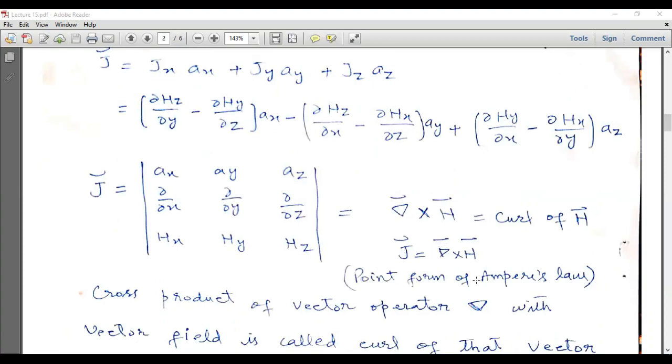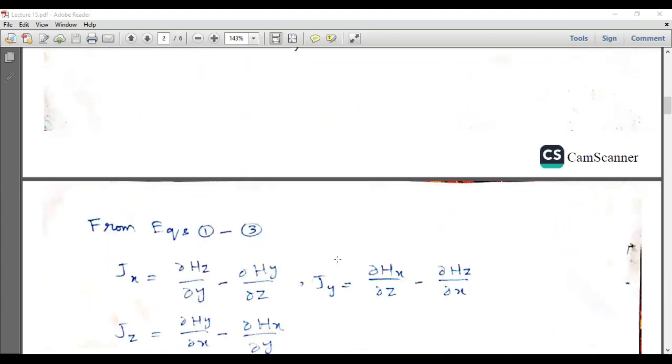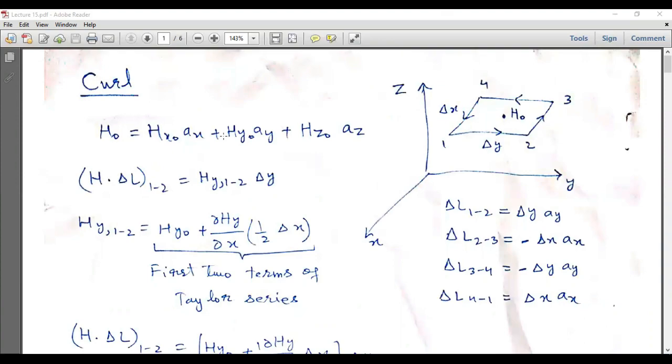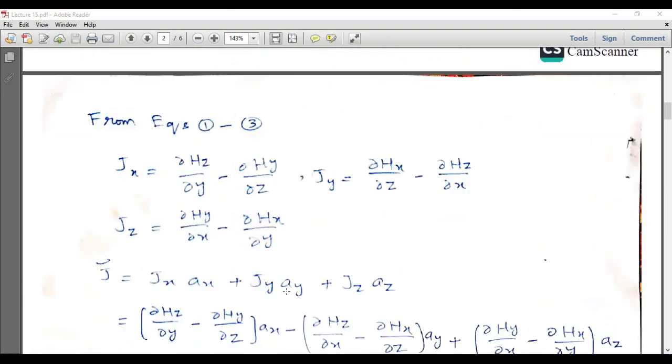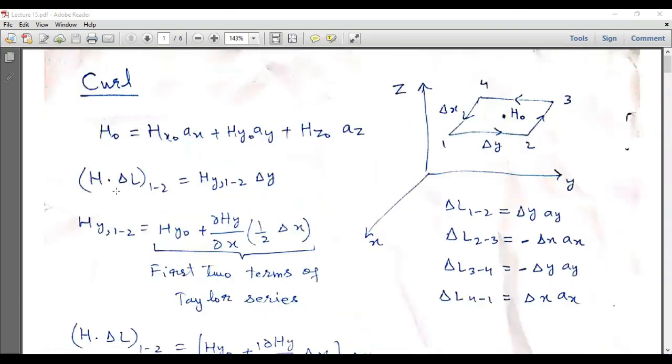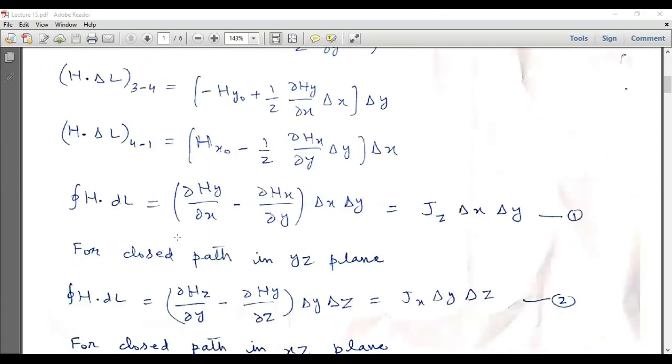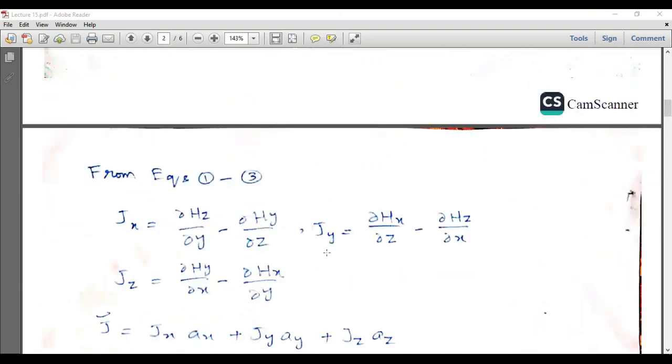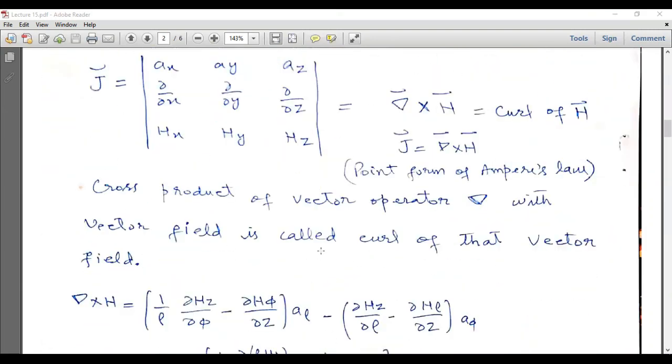This is also called the point form of Ampere's law, because we have used Ampere's law as the starting point of this derivation, and the expression which we get at the end is actually the point form of Ampere's law, and this is called the integral form of Ampere's law. I is equal to H dot dl closed line integral. This is called the integral form of Ampere's law, and cross product of vector operator del with a vector field is called